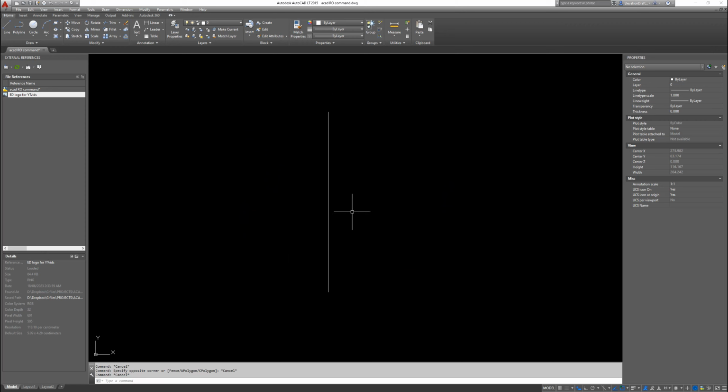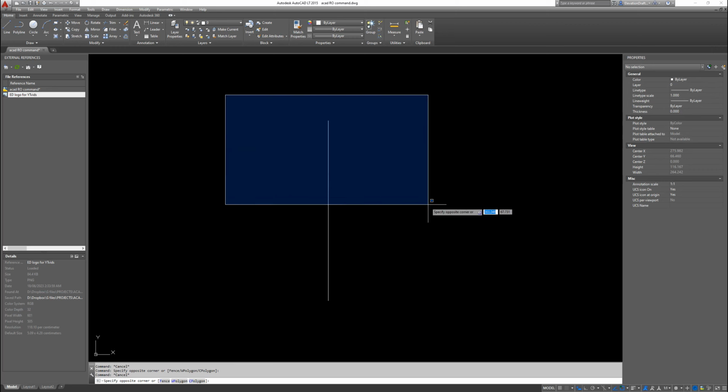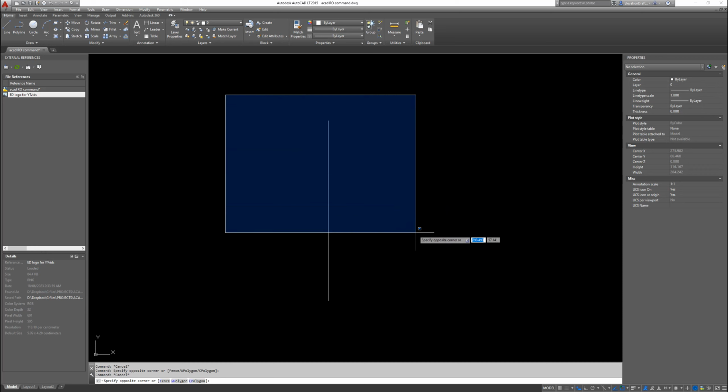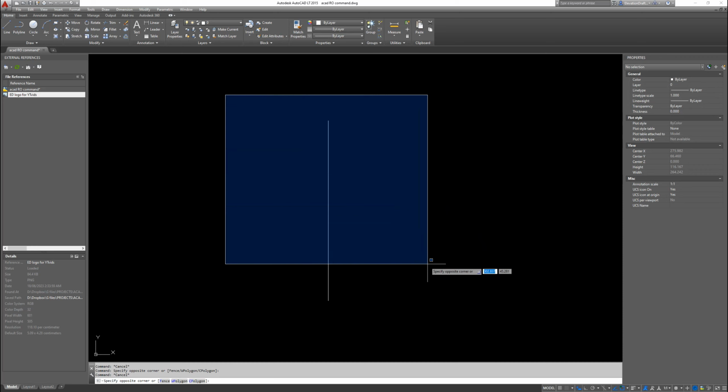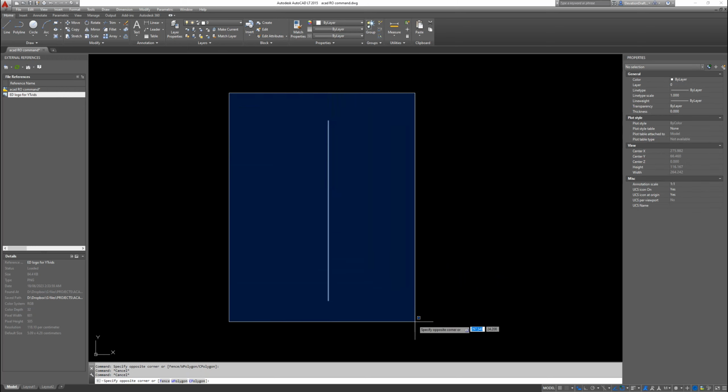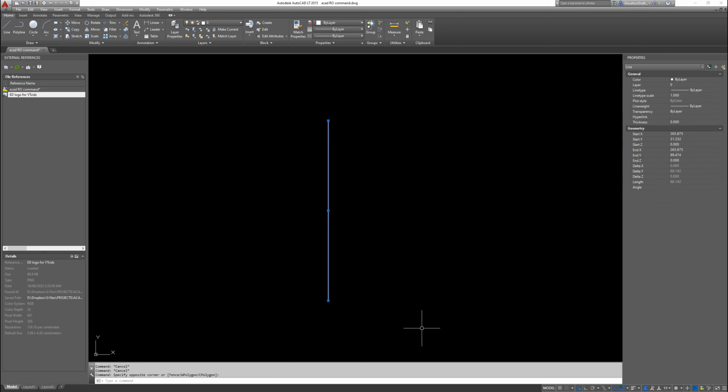The difference is the green selection window will select anything that it touches, so you can go like that and it will still select this line. The blue selection window, if I click over here, won't select anything that's not completely inside the window. So if I select it right now, like that, it won't select. You need to select the entire line inside the window for it to work. So there it is. So we'll go RO, rotate,